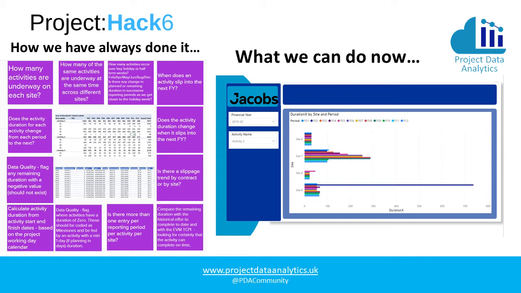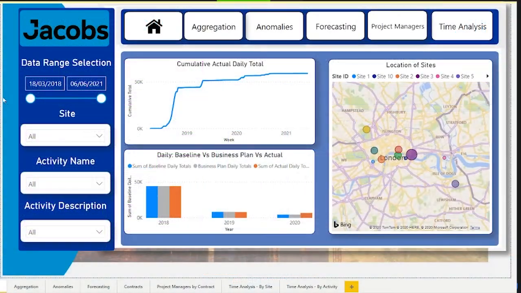But what we can do now today with the tools that we have is to present extremely detailed and high resolution graphics that show us trends and enable us to use multiple dimensions, including color, time, activity, site, project manager, and all sorts of different attributes that we did not previously have access to via the old method of doing things. What we can do now is to present an interface to items that are familiar, such as bar charts and maps and cumulative totals of events.